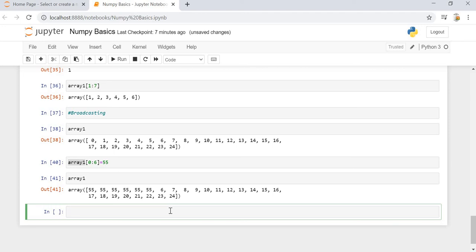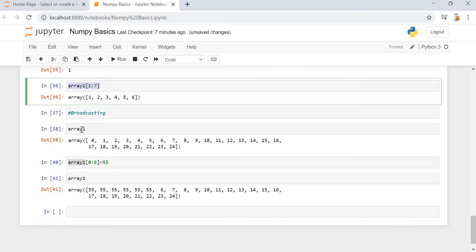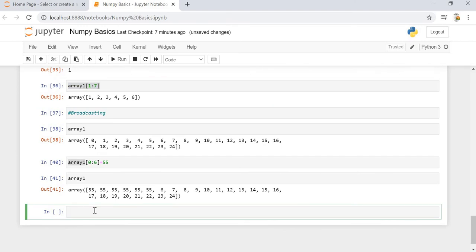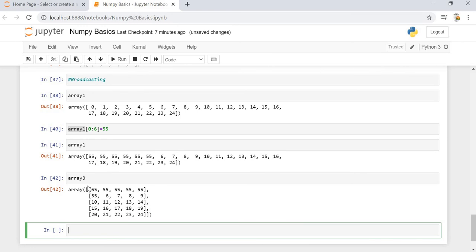Let's see the indexing of the two-dimensional array. Now here we have seen the indexing of a one-dimensional array. Now let's see the indexing of a two-dimensional array. So we have array 3 with us, which is a 5 cross 5 matrix. Now there are two ways we can create a two-dimensional indexing.